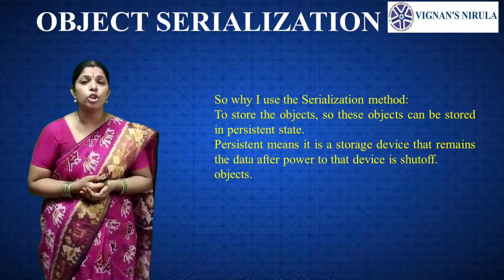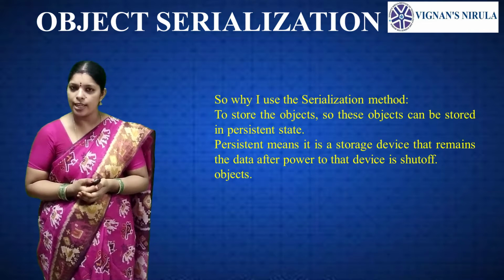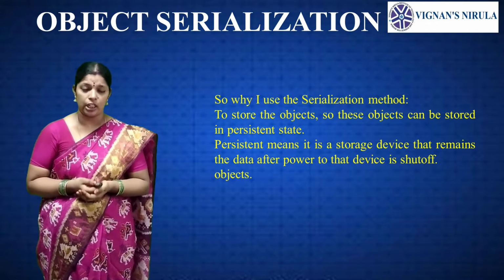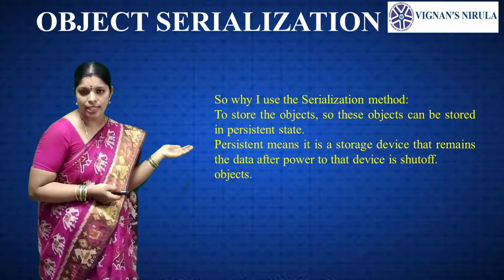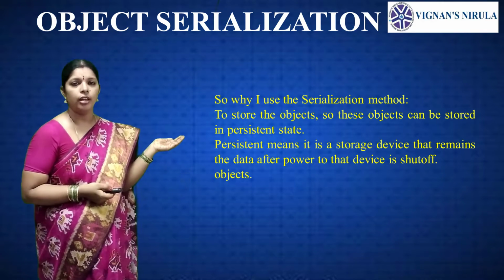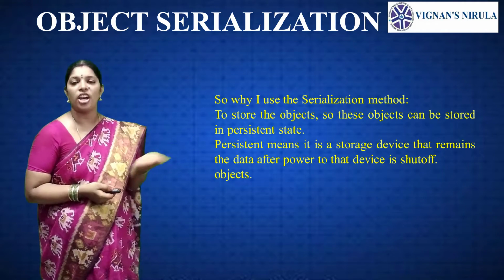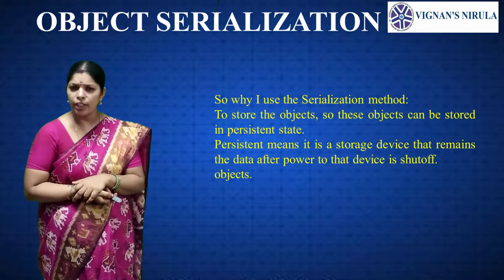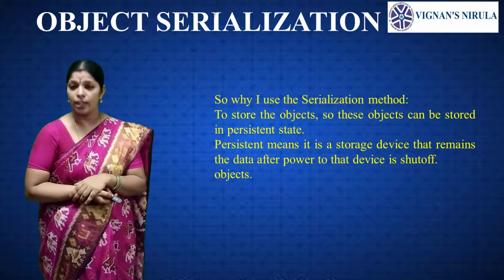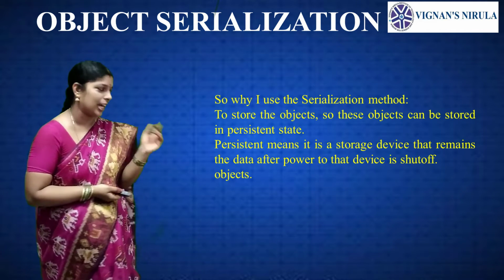And it is used to transport the data. It is easy to transport. By using serialization, we are transporting the data from one place to another. Here, RMI, EJB, etc. In these applications, we are using the serialization method. Suppose we want particular class objects to be serializable, then the class must implement the Serializable